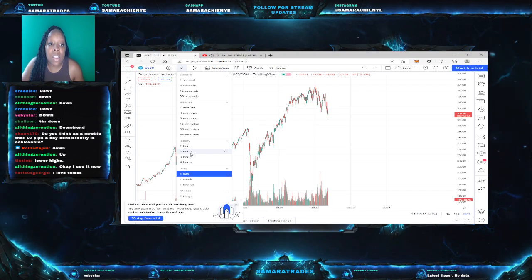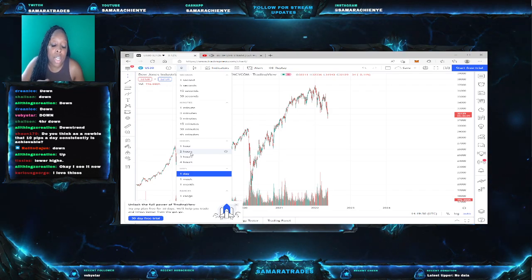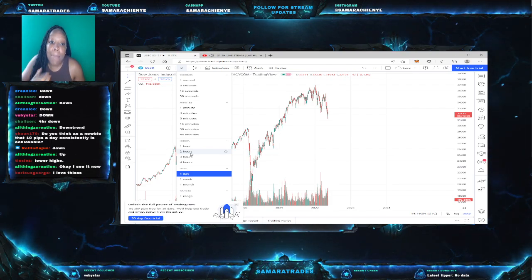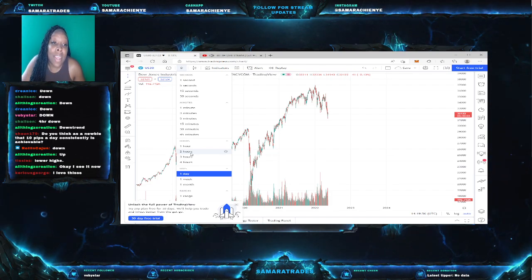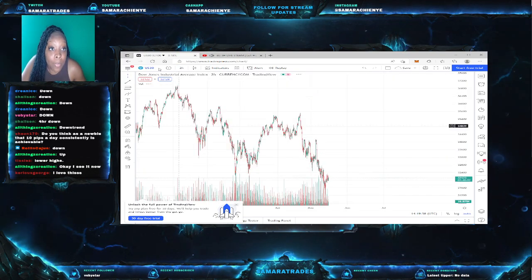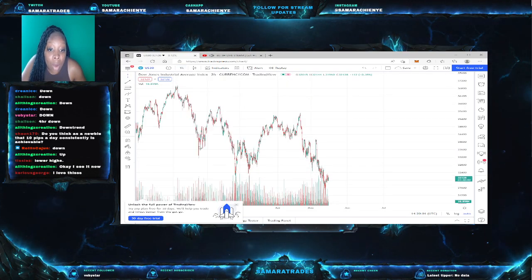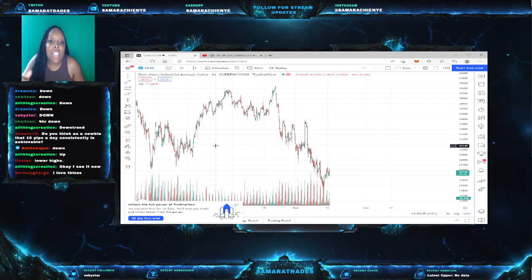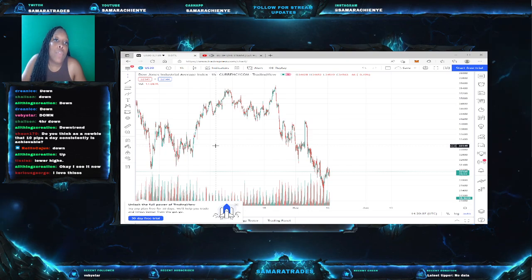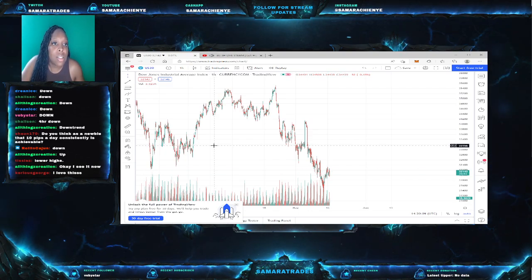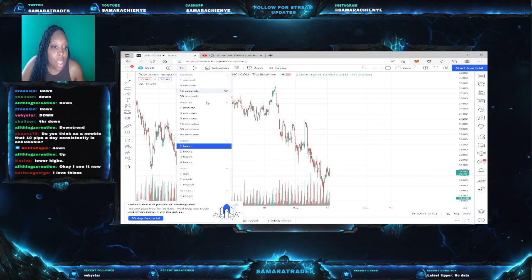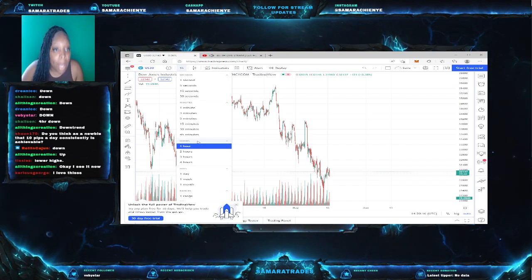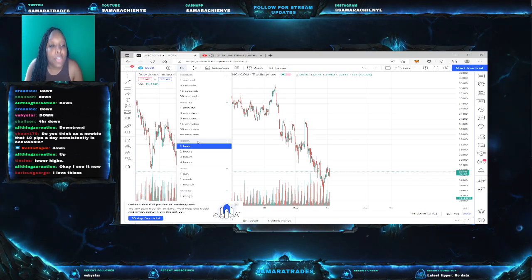Just in case you get in on the 15 minutes for a downtrend, a sell or a buy, it may not instantly hit your TP right there and then. But based on the 2 hour or the 1 hour, it's still going in for a downtrend and it's going to hit my TP. I know for a fact I'm going to get it, if that makes sense. I'm going to make my profits. So I don't care if you're looking at the 1 minute or the 30 seconds.